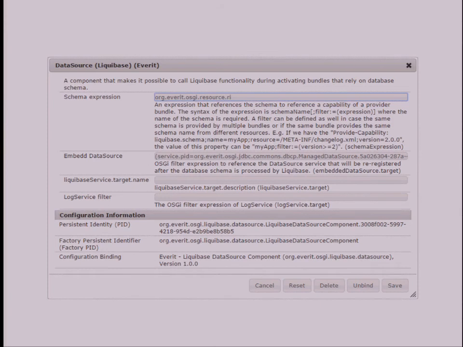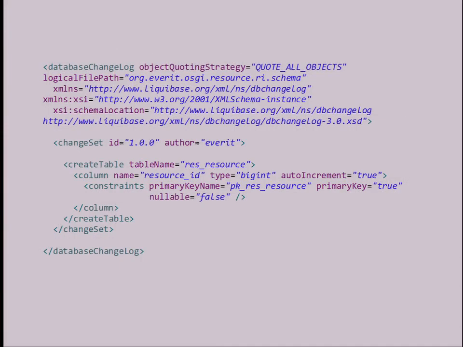Okay? So when that data source is registered, you can be sure that your schema is up to date in the database. Or there will be a failure if the schema cannot be updated. But you can see here is a property embedded data source. And there is another one called schema expression. What does it mean? It points to the Liquibase schema, but where is it placed? The Liquibase schema, I don't know how to pronounce it,